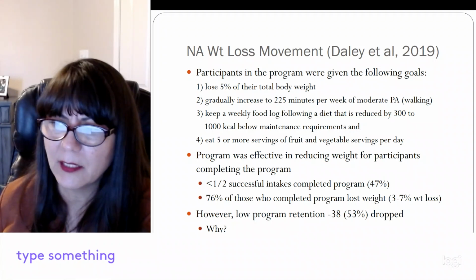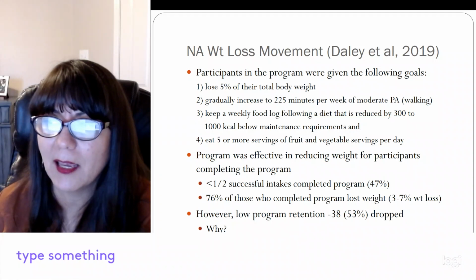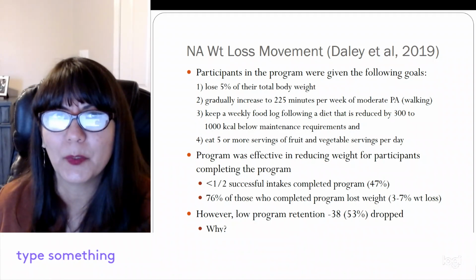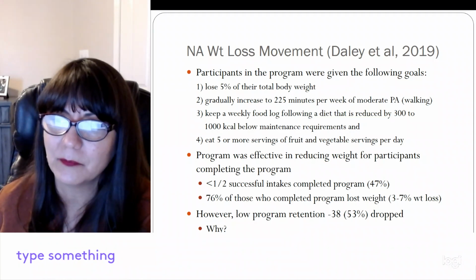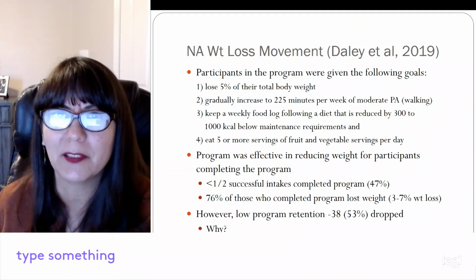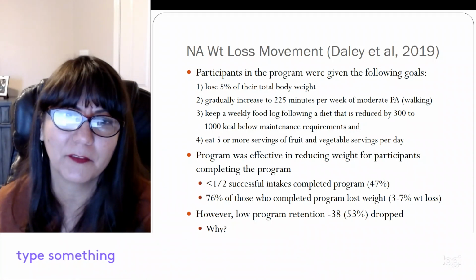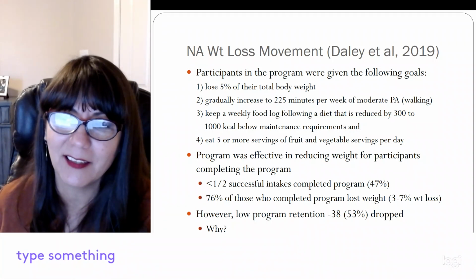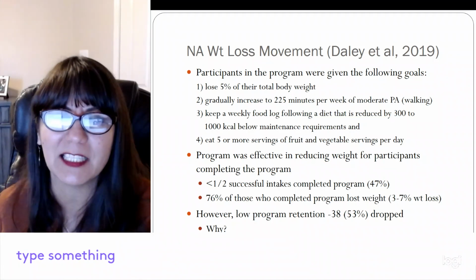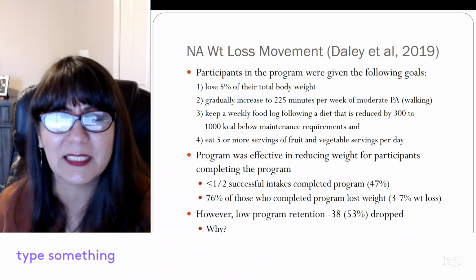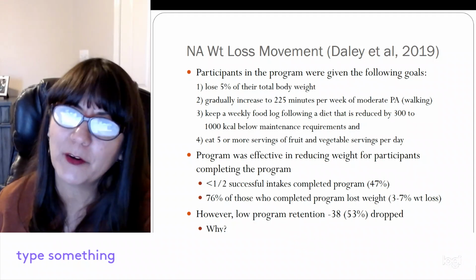How many? I think they were left with 34 people who actually completed the program. And so really that's what they should be using to examine the impact of the program, because they lost over half of the people that enrolled, and about 10 of those dropped out before even the first official session started, and the rest of them dropped out in the first 5 sessions. And so again, it was a 16 session program, and they lost over half very early on.